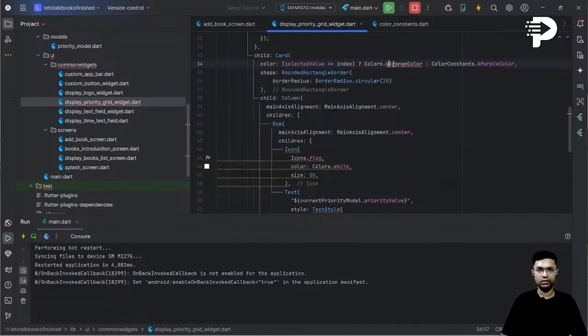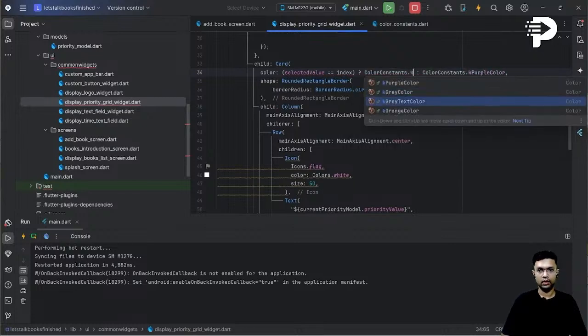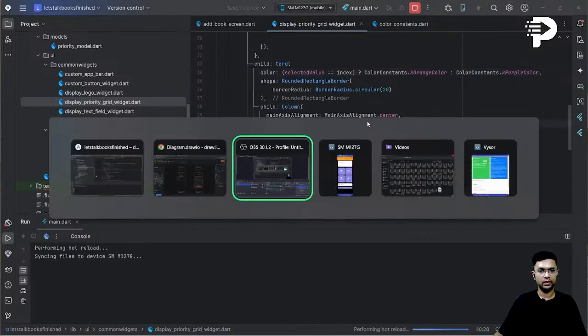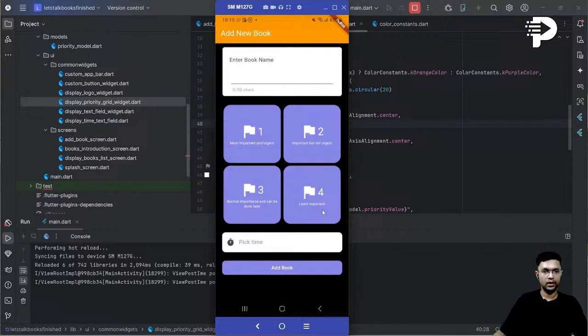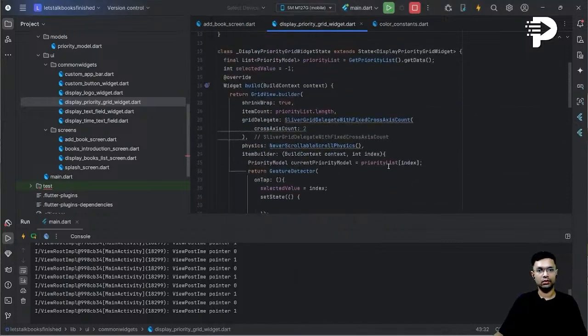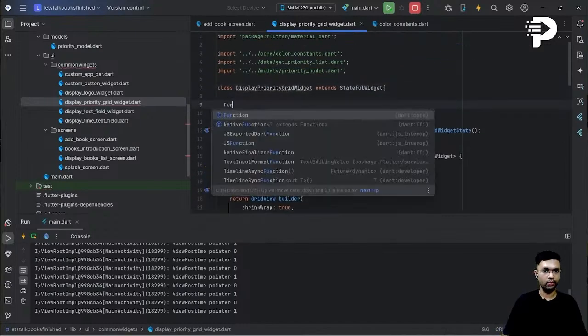Let's import this key orange color from color constants now and do a hot reload. Now, do you notice it just switches the color and shows me exactly what is the widget that we have selected? So now I'll use something called a function callback,